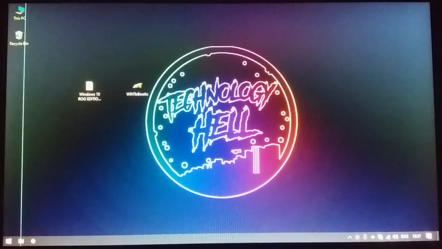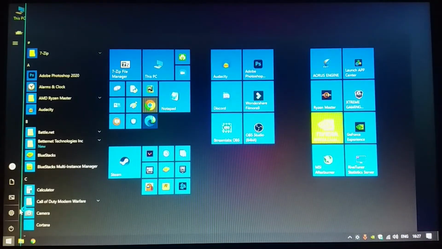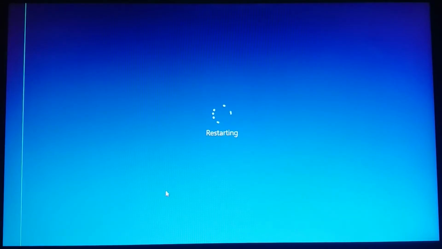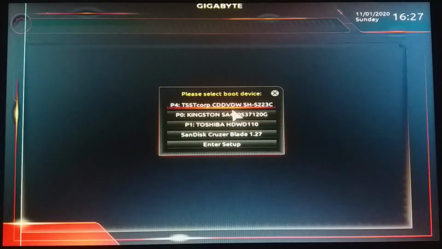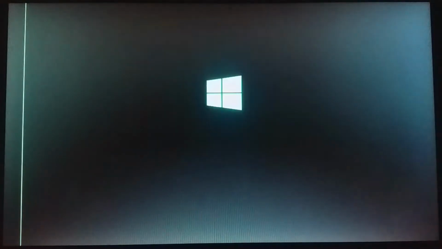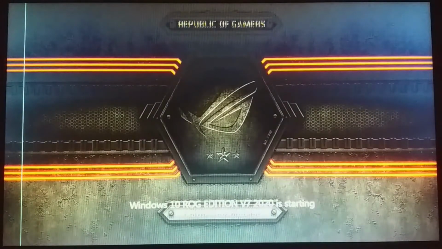The next processes will be demonstrated through my camera view. Now I'll restart the system. I need to boot up with the USB drive. You can see my BIOS logo at the bottom. F12 is the key for the boot menu. So I'll press F12 and then choose my USB drive to boot from. Within a few seconds it will start loading the Windows files, as I have made a Windows bootable USB, and start the Windows installation wizard.